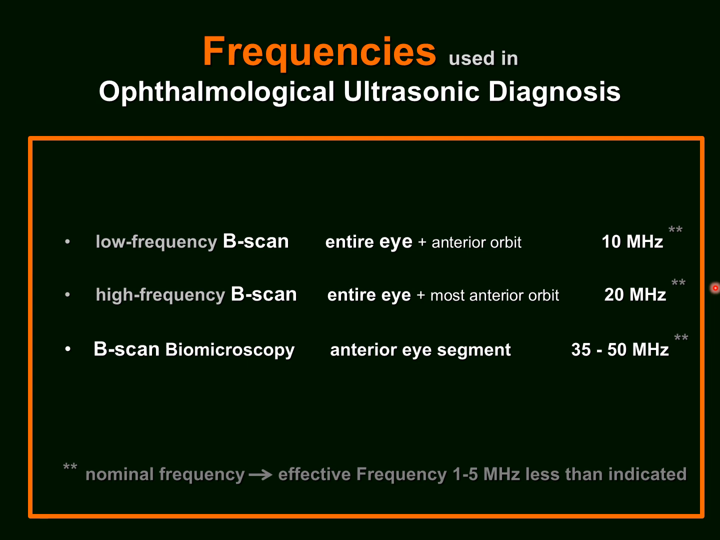These frequencies in B-scan are not effective frequencies, like the 8 MHz for the standardized A-scan, but nominal frequencies. These are the frequencies that are built into the probe. But the effective frequency then is 1 to 5 MHz less than indicated. For instance, when we use a 50 MHz probe,